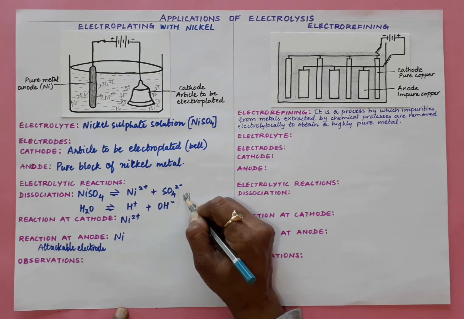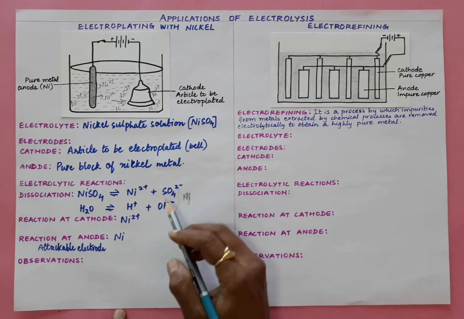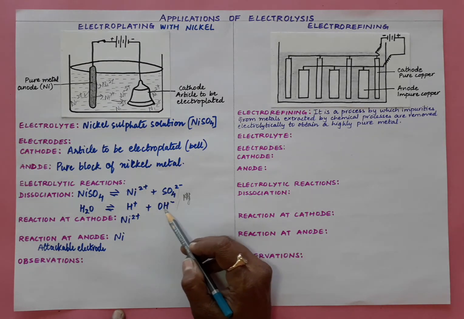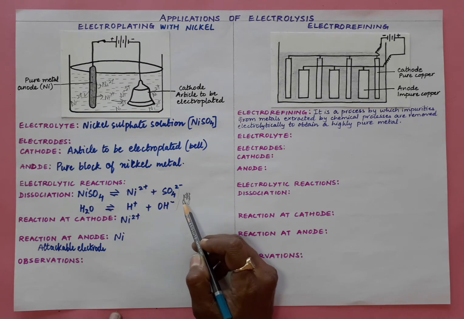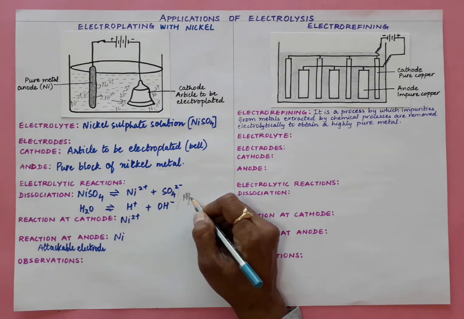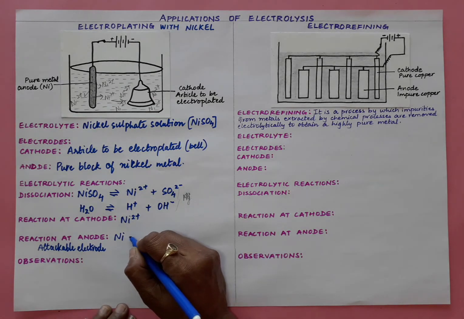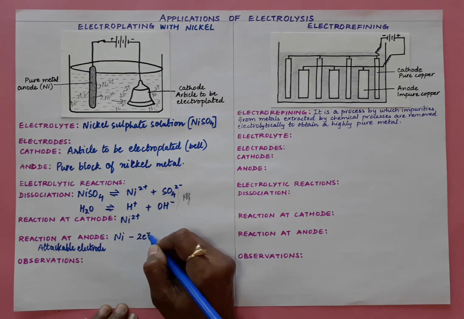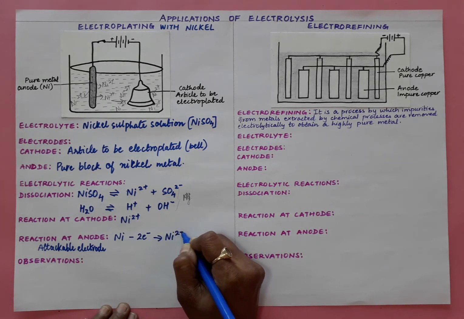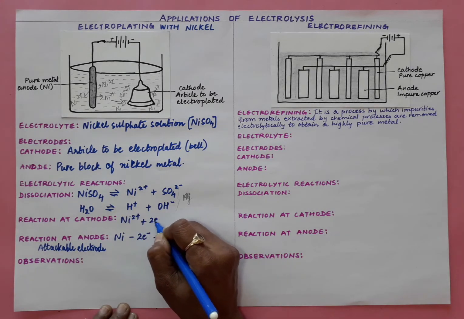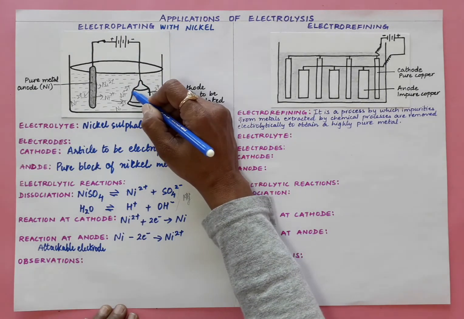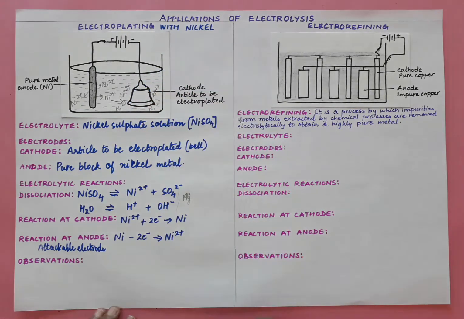So which ions will get oxidized over here? None of them, because according to the electrochemical series the hydroxyl ion should get oxidized, but the anode is made up of nickel, and a metal easily loses electrons. So nickel takes part in the reaction: each atom of nickel loses 2 electrons and forms nickel ions, and these nickel ions will gain 2 electrons at the cathode and convert into nickel. So we will see a silvery deposit on the bell.